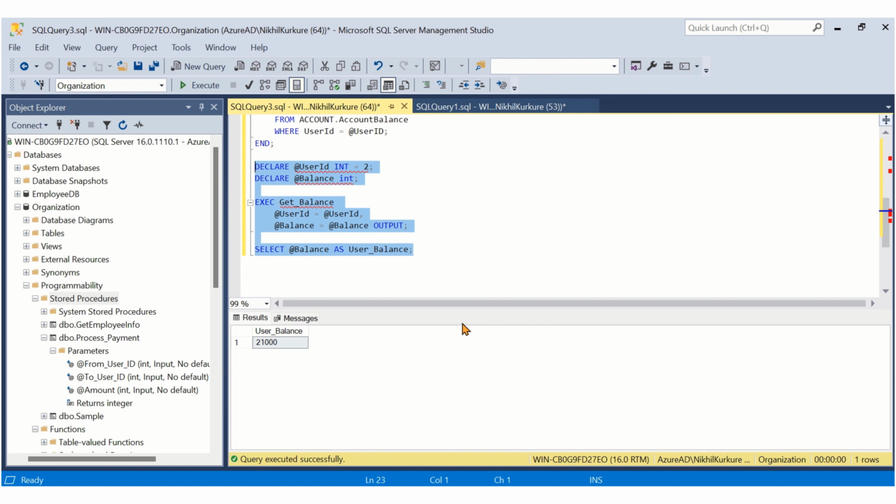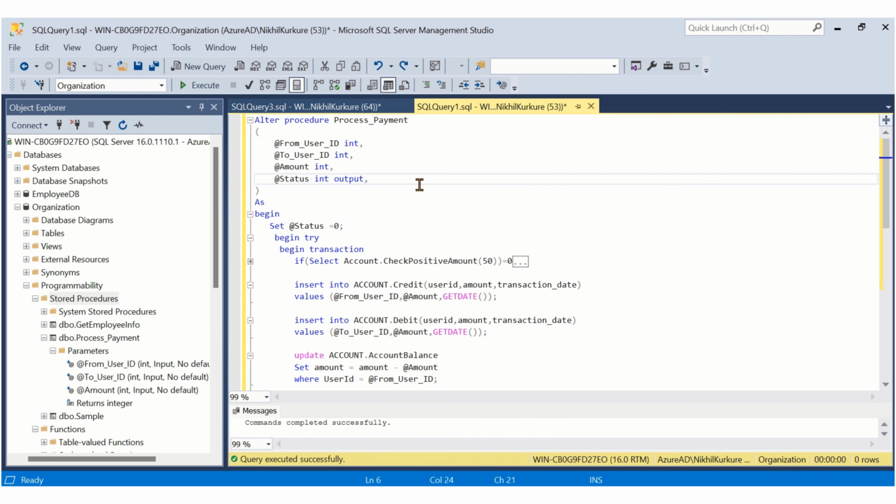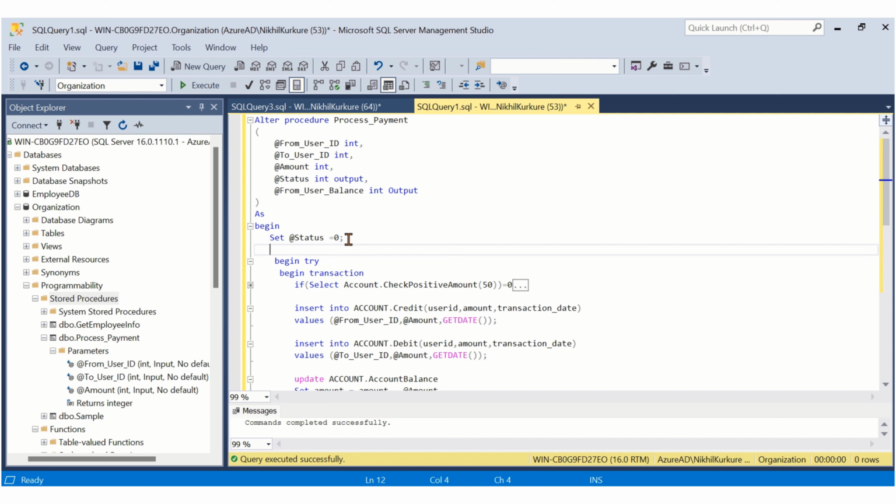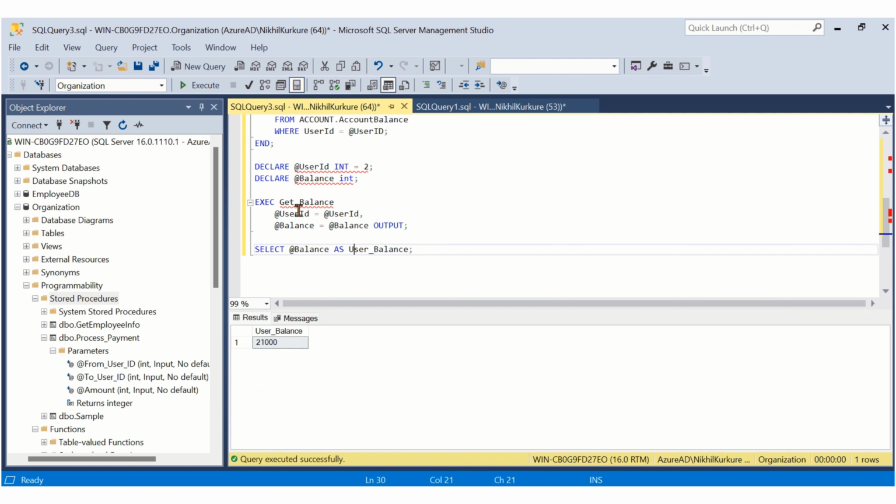Now I will try to use this stored procedure inside the process payment. I will add one more output parameter, let's say from user balance. This is also an integer value, and this is also an output parameter. Again I will set the initial value of from user balance as 0. Now I will copy this,